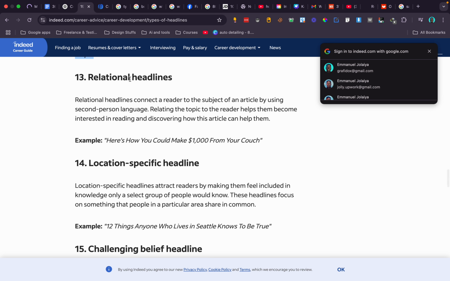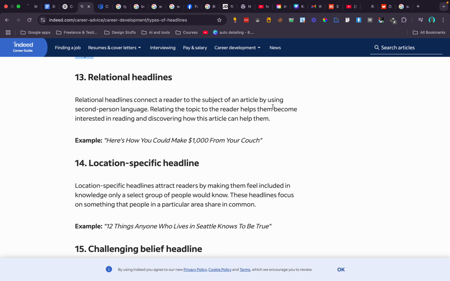Now you have relational headlines. Relational headlines connect a reader to the subject of an article by using second person language, relating the topic to the reader.